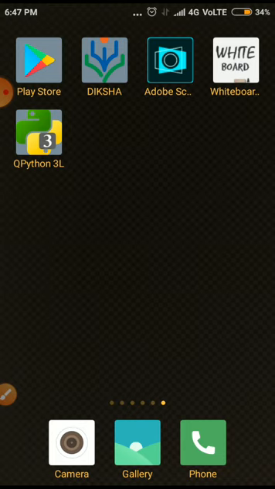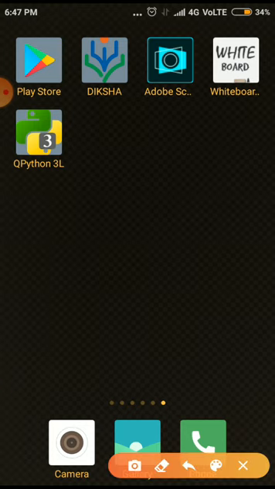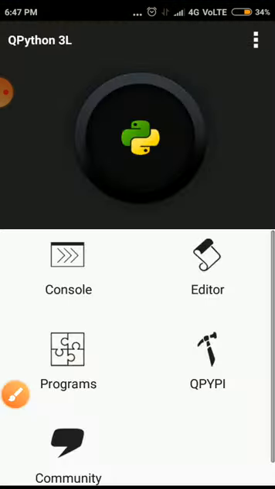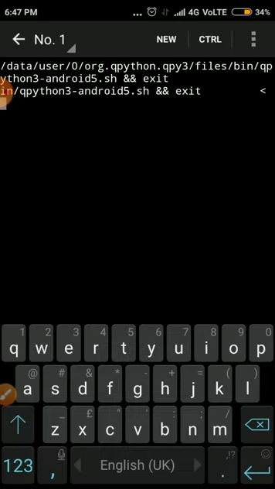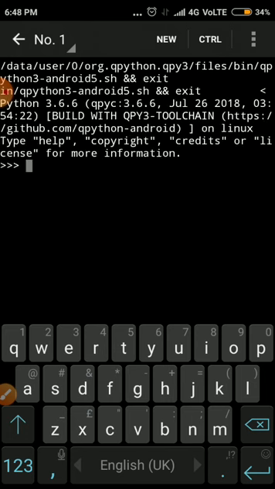It is the Python icon. We just click it, and now it opens. It is a Python background. So today I am showing it in interactive mode, which is called the console. We just click here and Python reads some files, and after that the Python prompt appears.